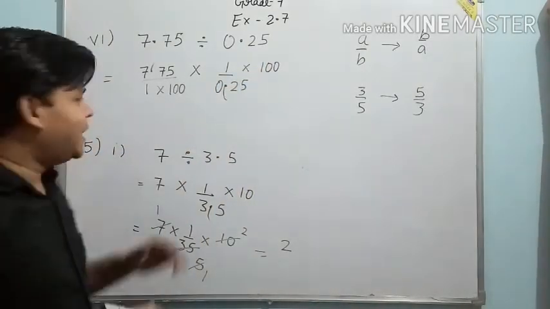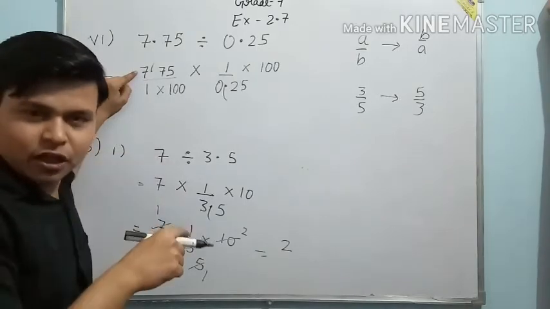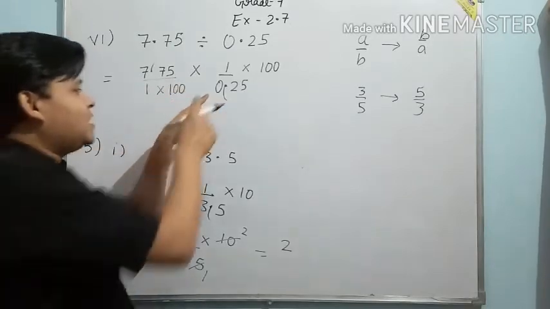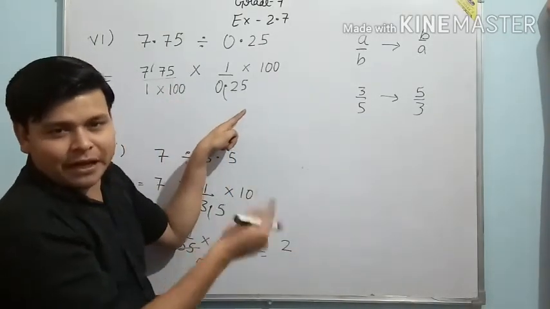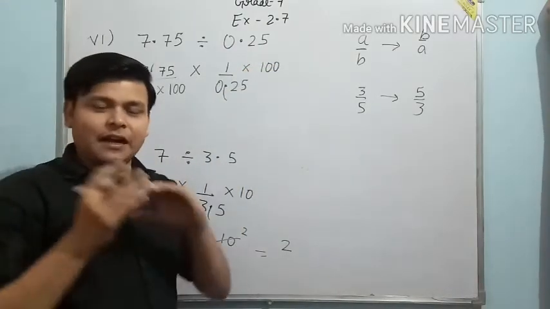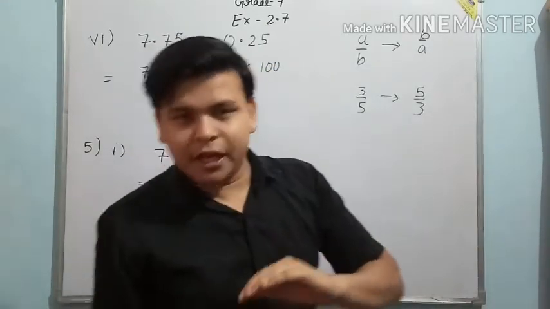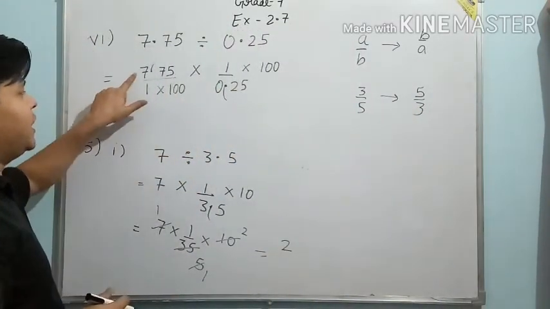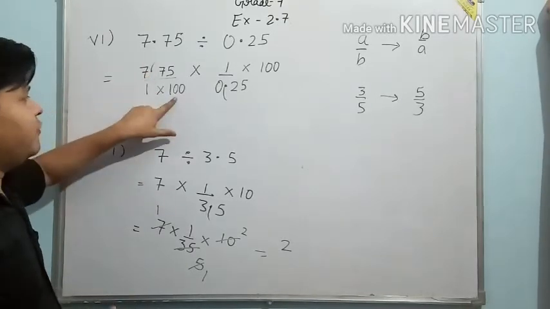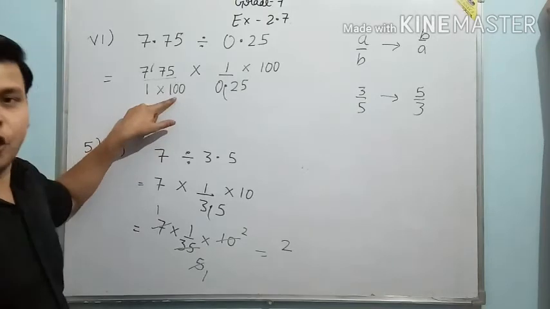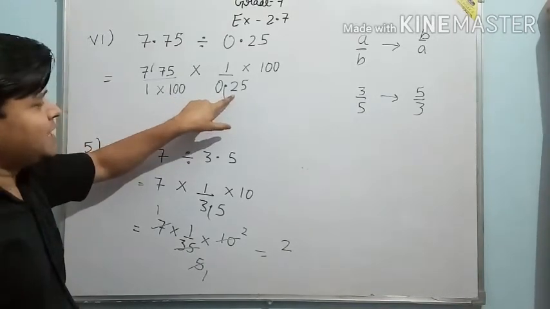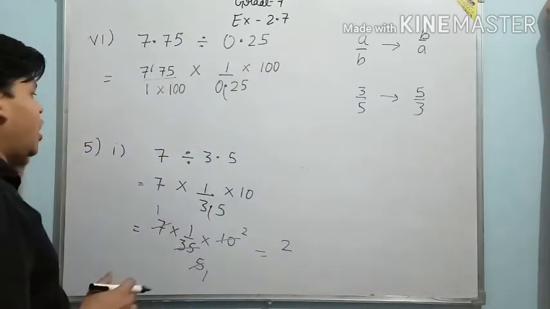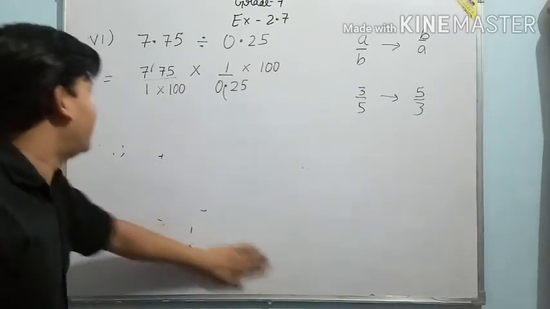Opposite side means that if the given decimal number is in the numerator, we will multiply by 10, 100, 1000 in the denominator, and if the decimal number is in the denominator, then we will multiply by 10, 100, 1000 in the numerator. That means if the number is in the numerator we will multiply in the denominator, and if it is in the denominator we will multiply in the numerator. You have done that here: this decimal number is given in the numerator, so we have multiplied by 100 in the denominator. Similarly, this time the decimal number is given in the denominator, so we have multiplied by 100 in the numerator. So now we have completed this step.